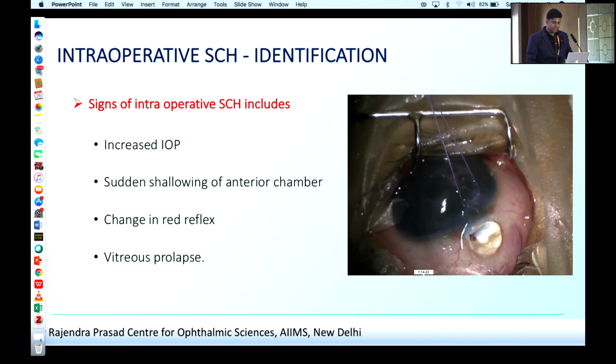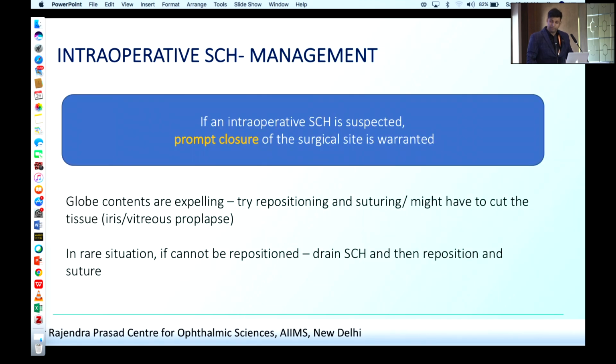Intraoperatively, when it happens, there are certain signs which can help you in identifying it, which include increased IOP, sudden shallowing of anterior chamber, change in the red reflex, and vitreous prolapse. So if it is suspected intraoperatively, you have to promptly close the surgical wound site. You might have to cut the tissue, compromise iris and the vitreous tissue so as to achieve prompt closure. In very rare situations, if you cannot reposit any tissue, you can try and drain suprachoroidal hemorrhage then and there, then reposit the tissue and suture it, but it should generally be avoided, and